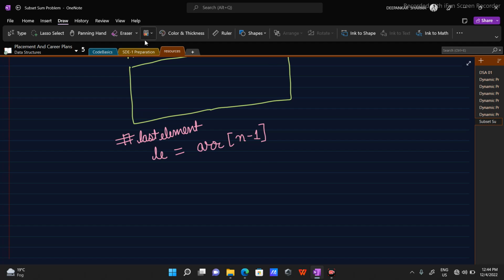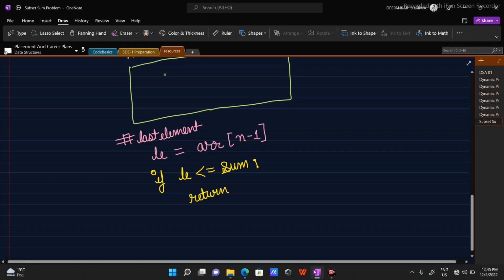Now we have two conditions. We have two conditions for choice. If this last element is less than or equal to the sum, then only we will have that choice to either include it or to exclude it. All right, so this choice, how will we write this choice? We will say return subset